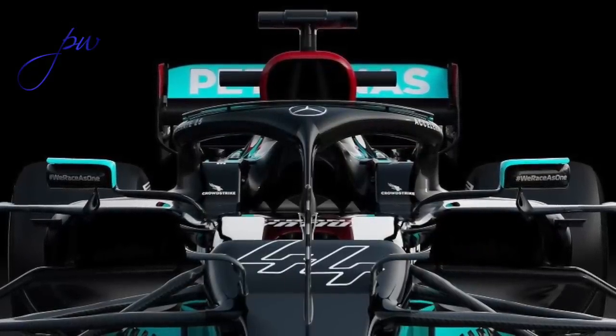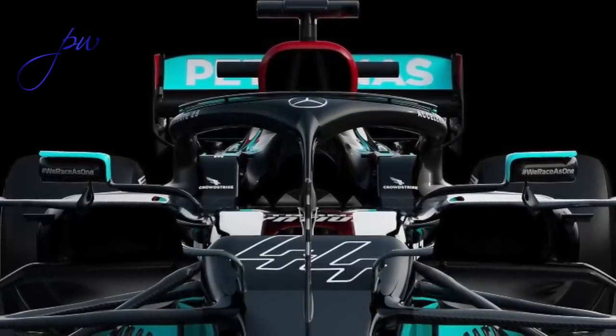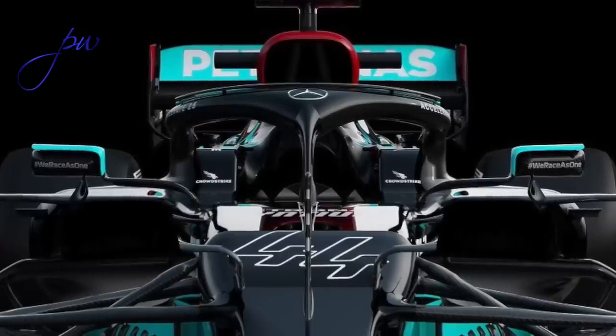Mercedes have always had a very large, very bulky plenum setup, and we knew that they were making some changes in that area. There's lots of rumours over the winter as to exactly what they were doing, but saying that it was going to change there, change in a way that I didn't expect. I was expecting them to put more cooling on the centre line. That's not the case. It looks like they've actually retained about the same level of cooling on the back of the car,